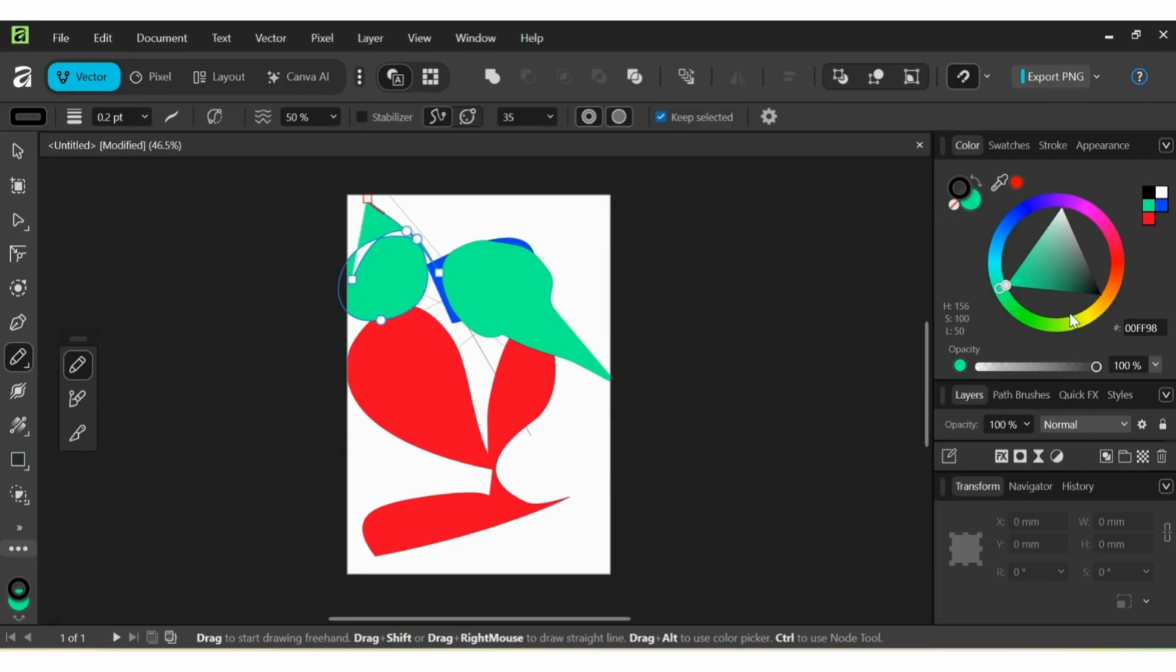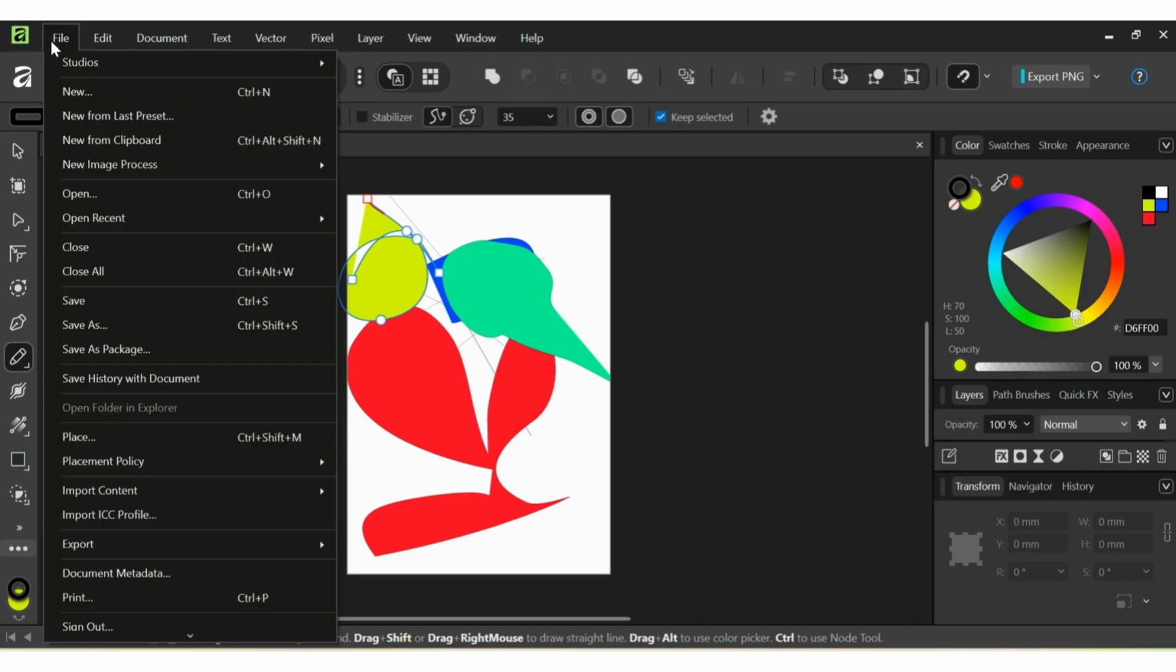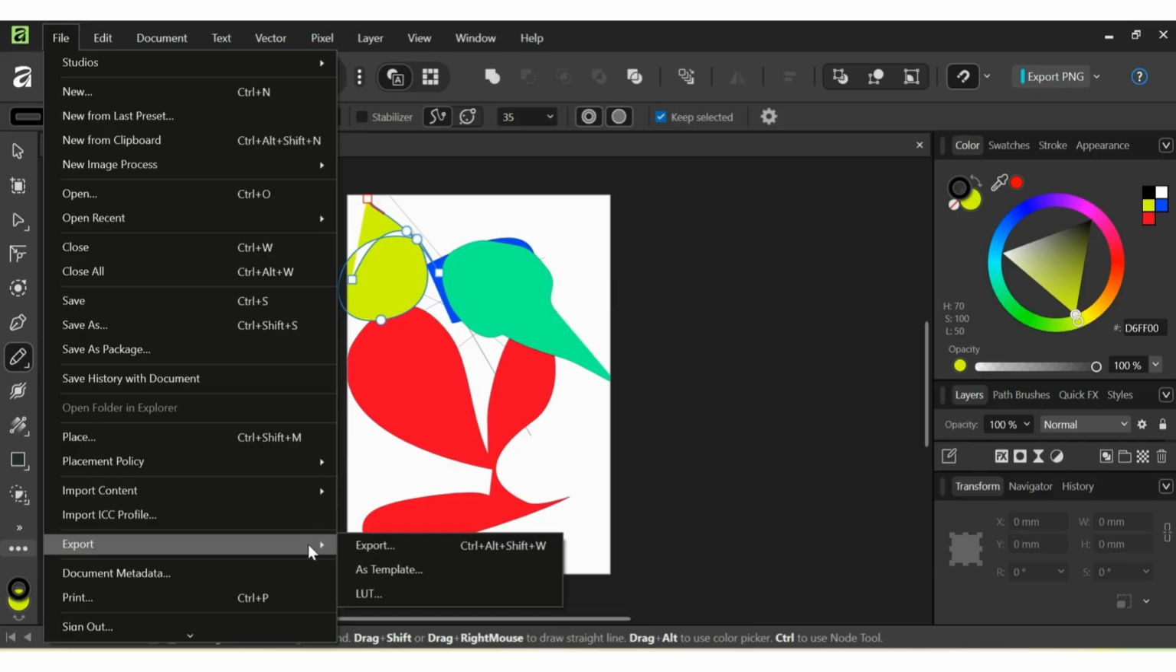To get started, open your project inside Affinity Designer. Before exporting, make sure your canvas looks exactly the way you want because your export will reflect what's on the screen. Now, to export a transparent PNG, which is the format most people need for logos, stickers, or graphics with